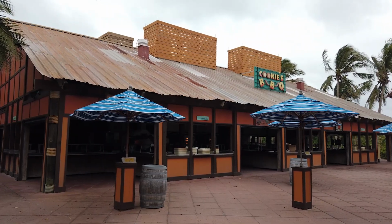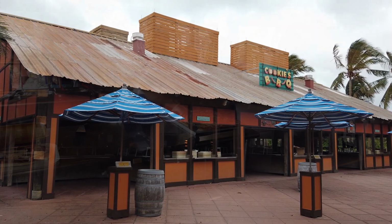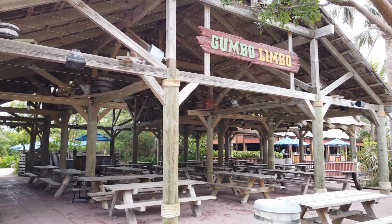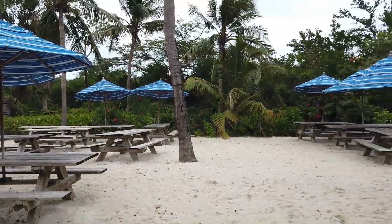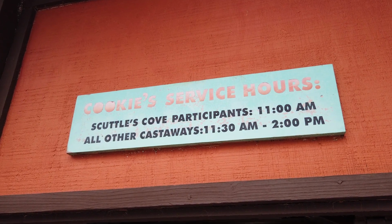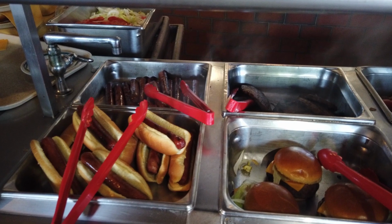Cookie's Barbecue is located behind the snorkeling and swimming lagoon beach area. The restaurant features a complimentary barbecue and a significant amount of covered seating. There are also some picnic tables with umbrellas located nearby. During our visit, the barbecue was served from 11:30 a.m. to 2 p.m. and featured hot dogs and burgers,